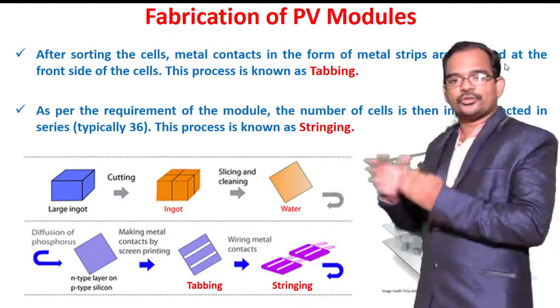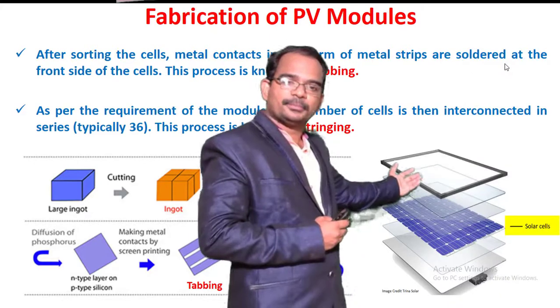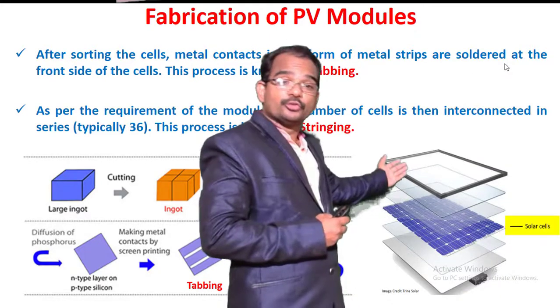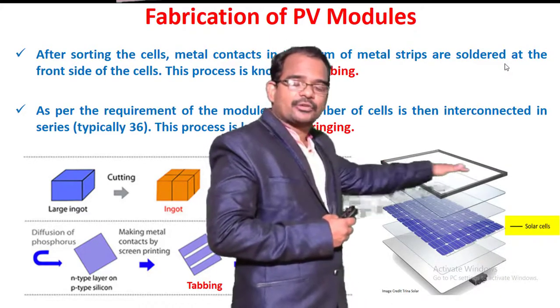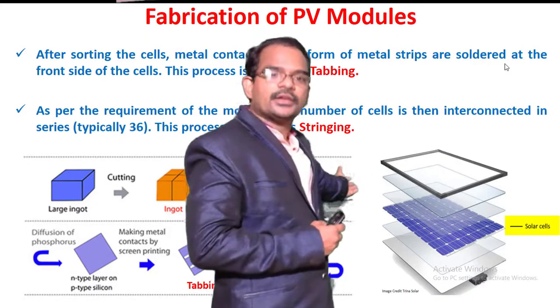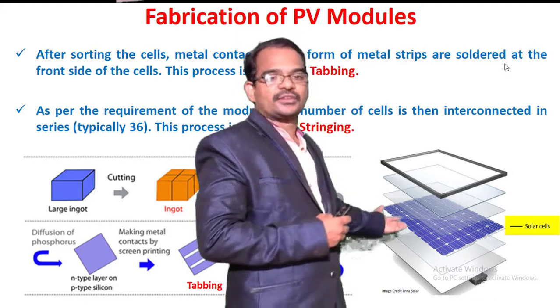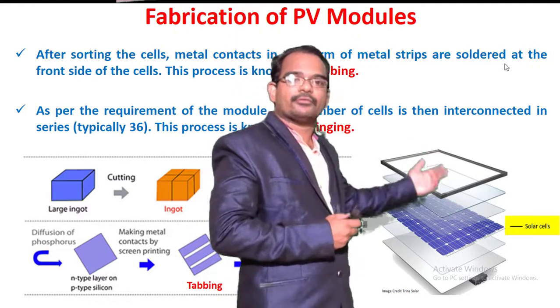Once the solar module is prepared, as you can see in the figure over here, now what you are doing? You are keeping that in the center of the arrangement. Now you can see that it's only solar cells. On top and bottom we have different layers, and those different layers we will discuss one by one.